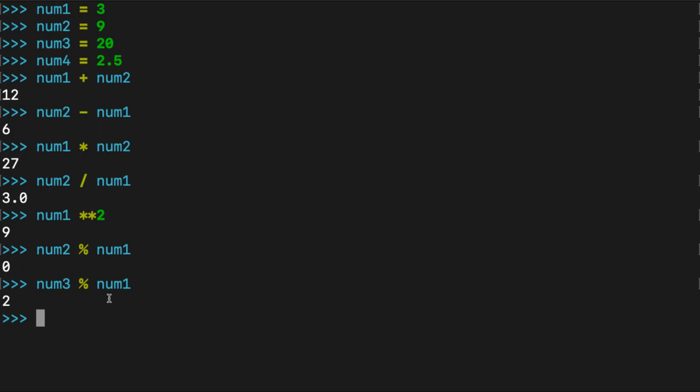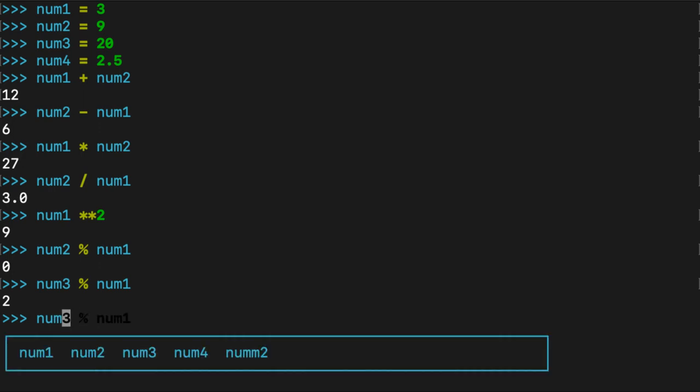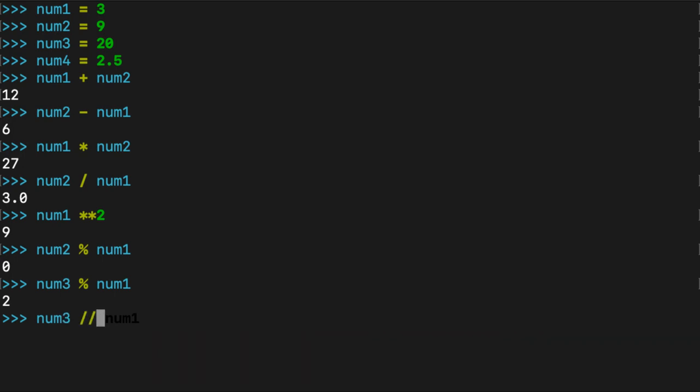How does that work? Well, if we have a closer look at something else, and I do, say, num3 and use what is known as integer division or floor division. Sorry, I want to go the other way. I'm going to go back to num3, floor division or integer division, num1. Let's see what that gives us. So the same two values, num3 and num1: modulo division gives me 2, integer division or floor division gives me